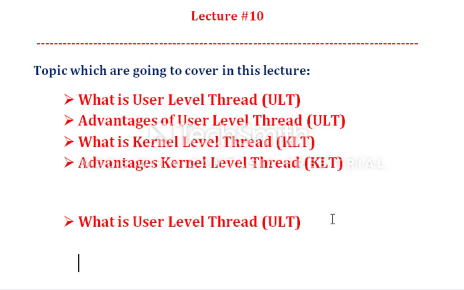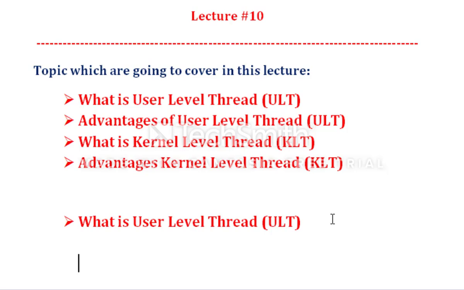As far as scheduling is concerned, scheduling is also not performed by the kernel, because it is application specific. User level threads are implemented in a user level library rather than via system calls. So all threads are taken care of through the user level libraries. Switching does not need to call the operating system or cause an interrupt to the kernel. We need not call the kernel through system calls, because all activities are performed through the libraries which already exist at the user level.